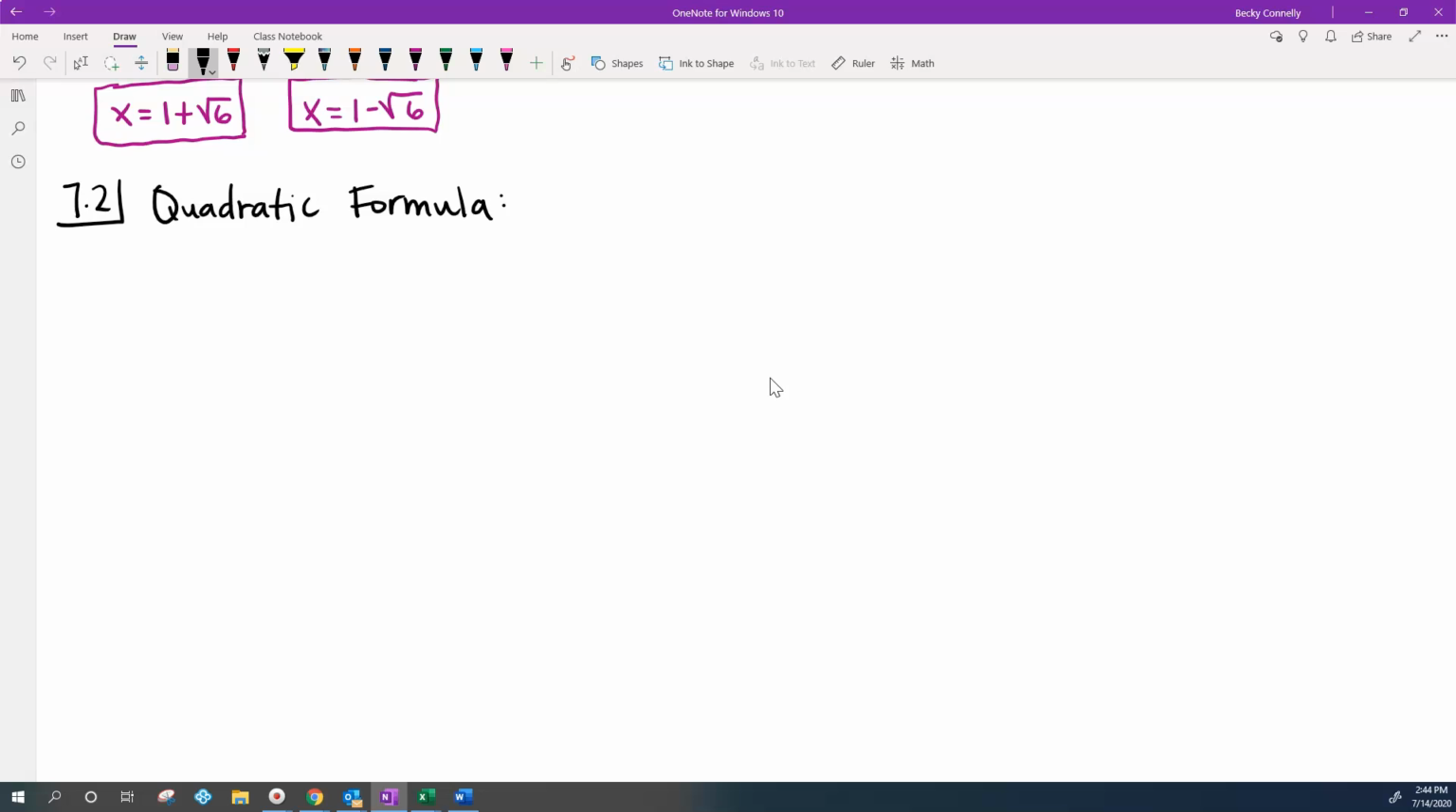So remember, you're going to be using, write this down. So here's a quadratic equation. And going along with that quadratic formula, we can use this formula that says